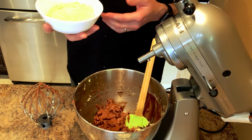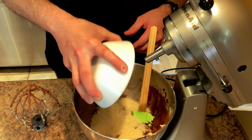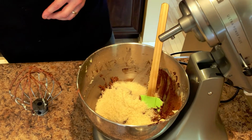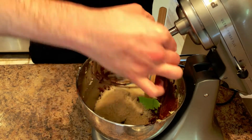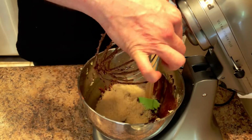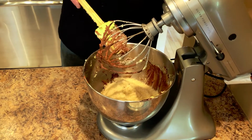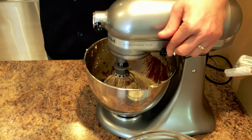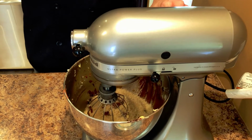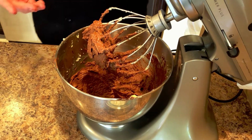So after adding the coffee and the almond extract, I'm just going to add the almond flour. And again, you're going to mix that until it's incorporated. You want to start out slow because it'll kick that almond flour out of the mixer if you're not careful. Okay, so once that's incorporated,